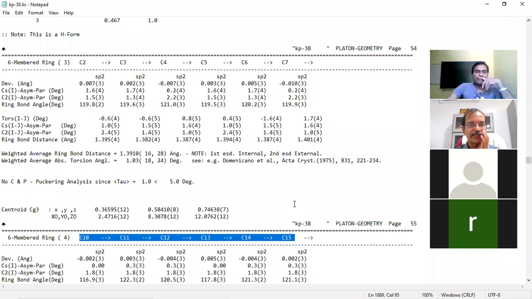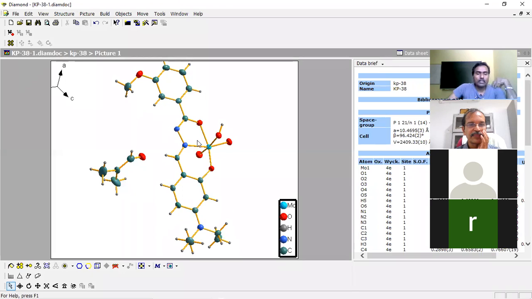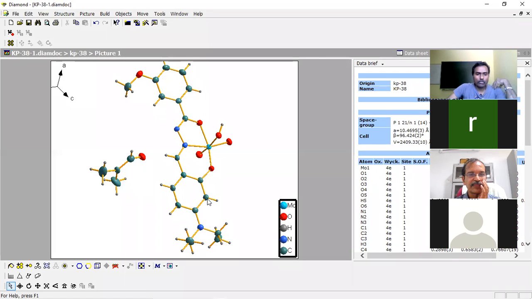Okay. So now we can go back here and find which ring is this. There are 1, 2, 3, 4 rings. So we can check. This one is C14. This is C10. This is C11. So this ring is CG4. So this ring must be CG3. So you can check again. Yeah, C4, C3, C2, C1. So this ring is CG3. So we can start with this molecule CG3, and find out the CG4 of other neighboring molecule